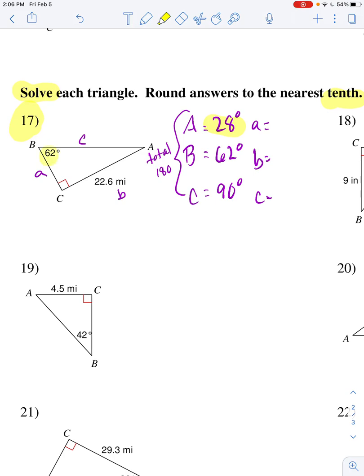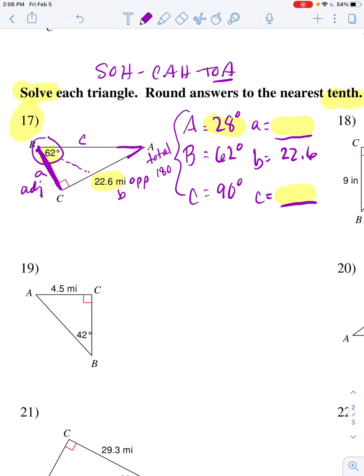Then the other piece of information I was given is side B, which is 22.6. So that means I need to find these two. If I solve for one of them, then I can use Pythagorean theorem. So what I'm going to do is solve for A first and then use A squared plus B squared to find C squared. So if I am looking for side A, that's going to be this one right here because it's across from angle A. And the only thing I know right now is 62. Across from that makes this the opposite side, and then this one is attached to it, so that becomes the adjacent side. So thinking back to SOHCAHTOA,